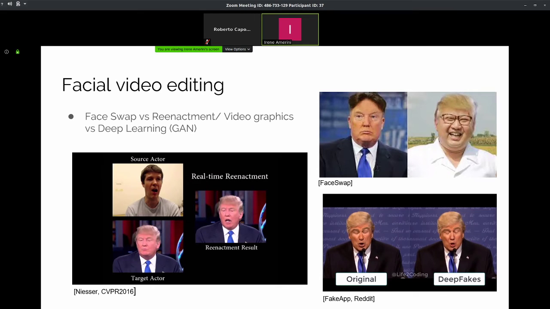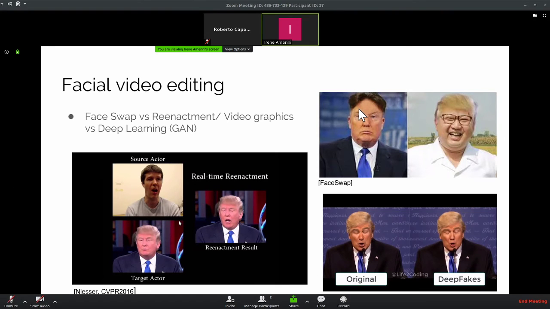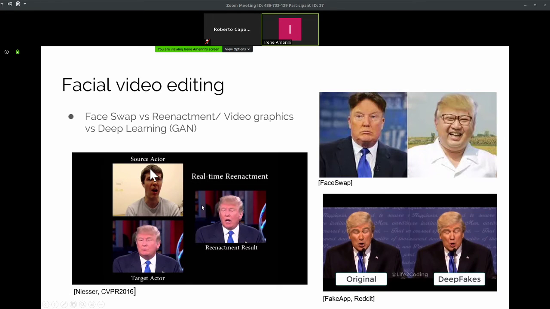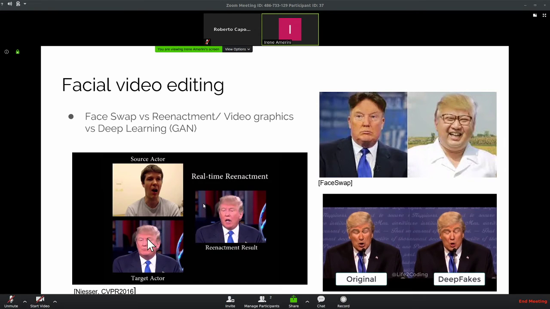And then we call deepfake some technique like deep face swap. That means we want to swap the face of Donald Trump with the face of Kim Jong-un, and so on. But we call deepfake also some kind of reenactment. That means we have a source actor and a target actor, and we want to reenact the Donald